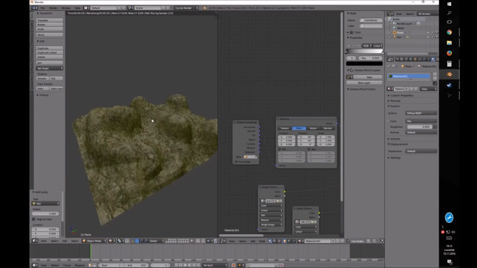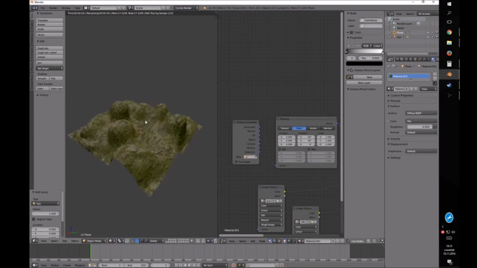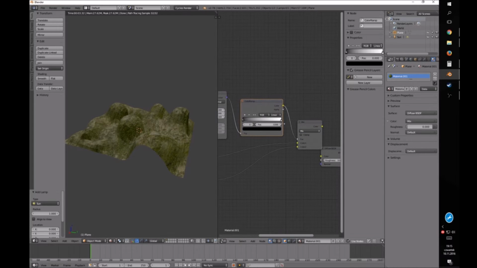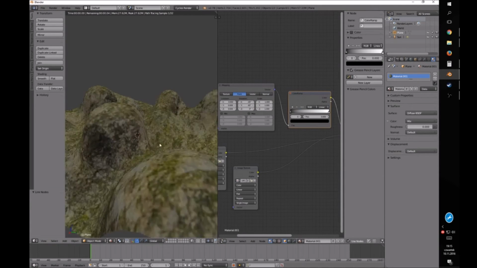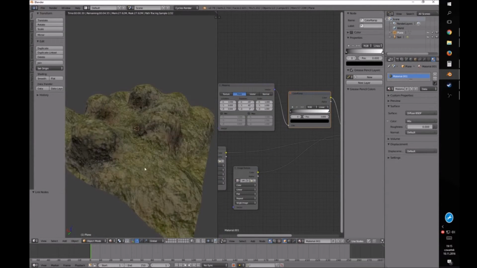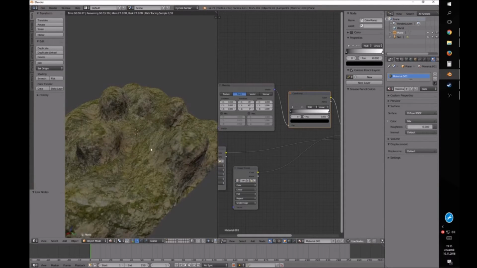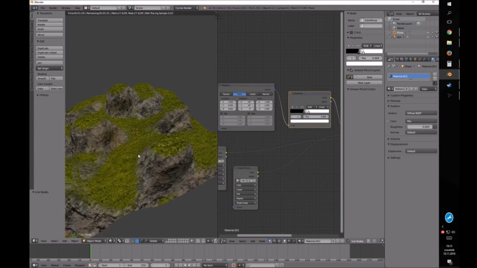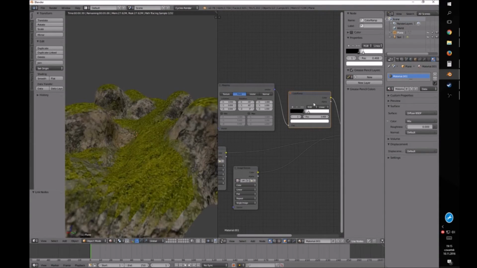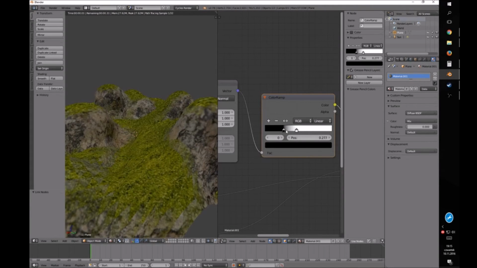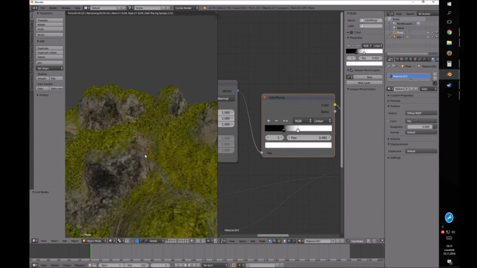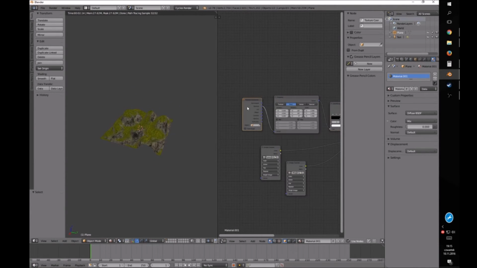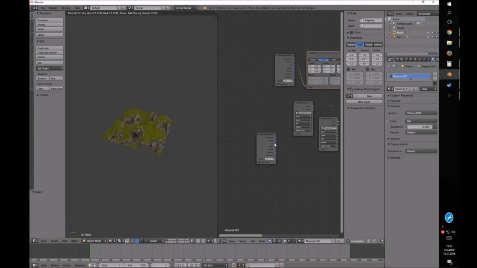So actually, it's pretty much done, but one thing, we have to switch it because we want the grass up and the cliff down. And play around with the color ramp if you want, like so. You can add more faces to make it more realistic, and you can also add the texture coordinate and mapping